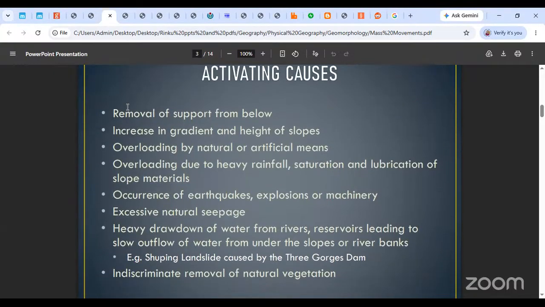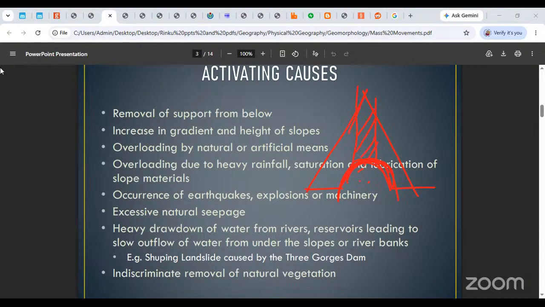All right. Let's look at the various activating causes for it. One, first of all, removal of support from below. We are saying that the support from below is removed. Remember yesterday I was telling you that when weathering happens, sometimes a tunnel is made. Say there is a mountain over here and we make a tunnel through it. The material that was beneath the tunnel is all removed away, so essentially this entire column of rock is now left unsupported.